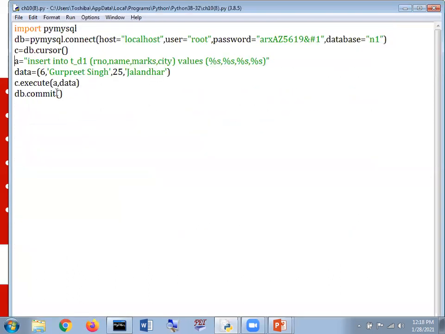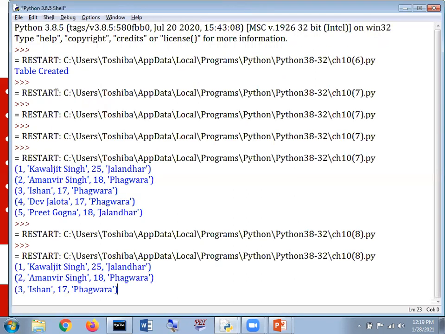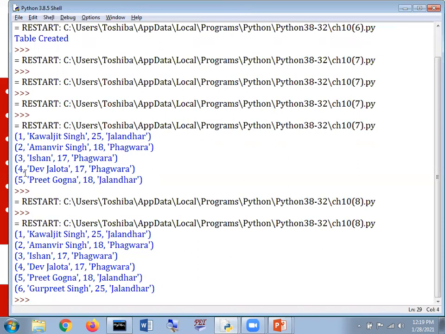So what I did again is put this in the comment section. I am just inserting within a comment section again: c.execute, select star from t_d1. Please keep watching the spellings once, in case I make a mistake. After that, we mention for i in object, that is c, and print i, and we hit the enter key, and now the new content is supposed to be displayed, that is Gurpreet.